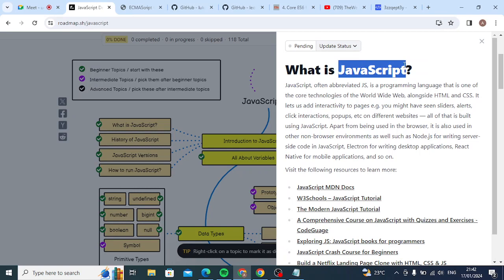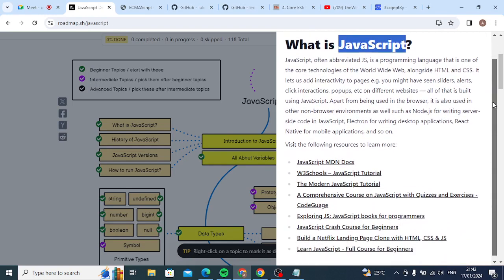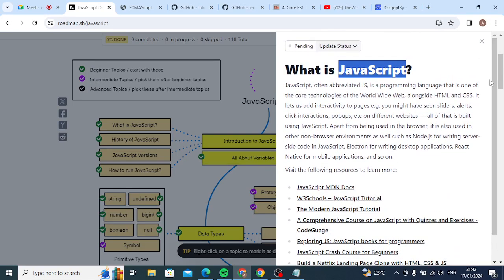Then what was the actual name? The actual name for JavaScript is ECMAScript. Yes, they call it ECMAScript. That is the official name.